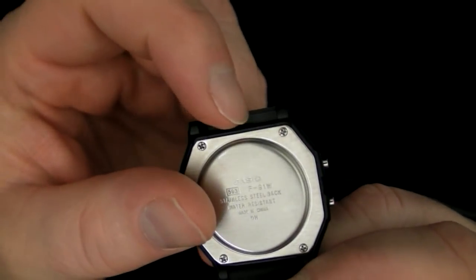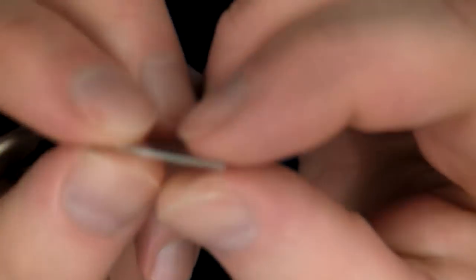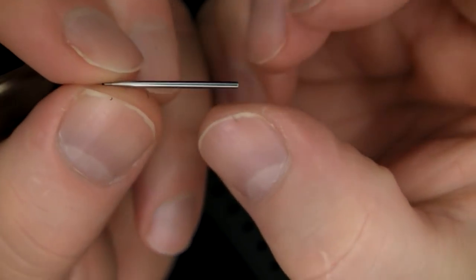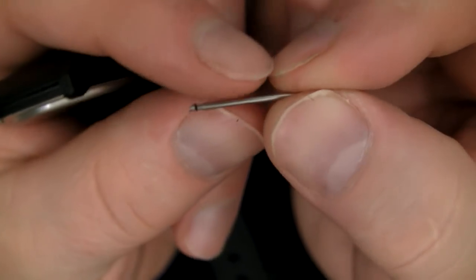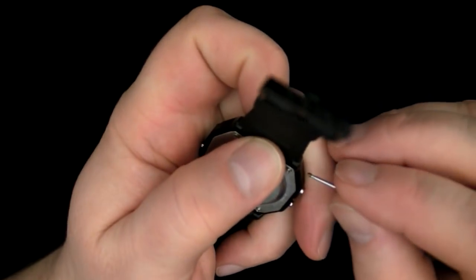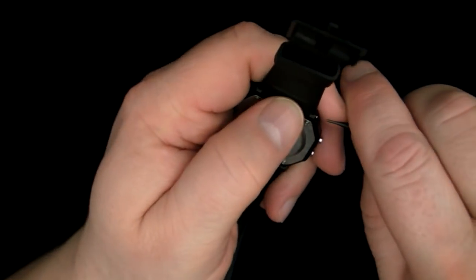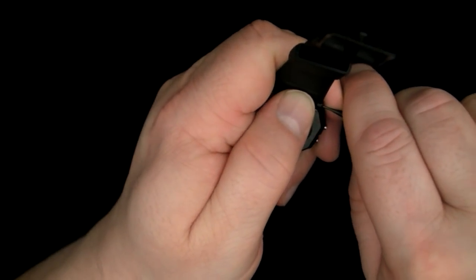So let's talk lug spacing. As you can see, I've removed one half of the strap here. The lugs have an 18 millimeter spacing. However, it does not use a common spring bar. It uses a press fit pin, and I would not recommend taking this apart if you don't have to, because it appears to be semi-destructive to the lug on one side,